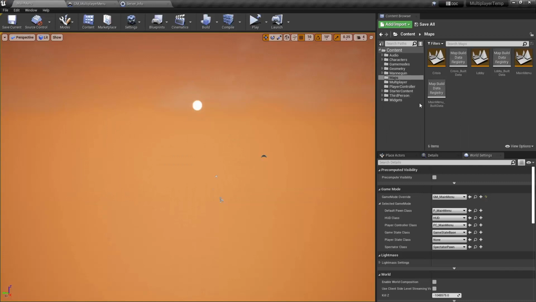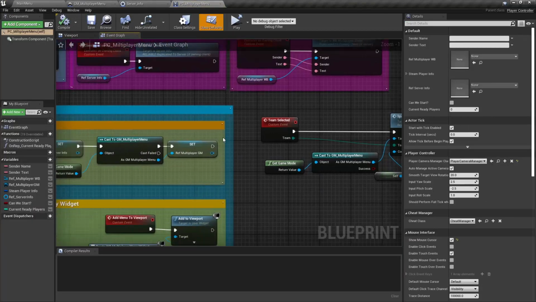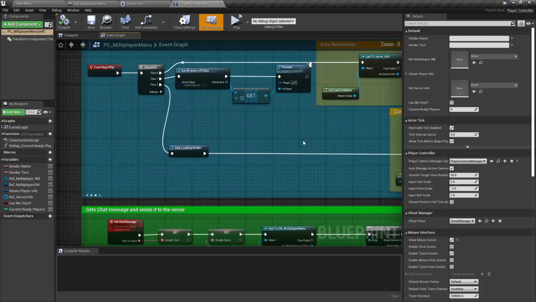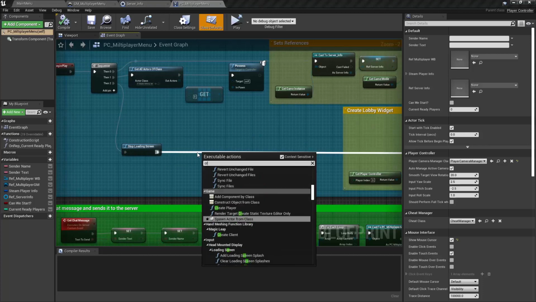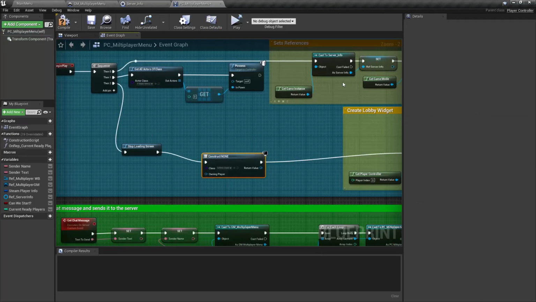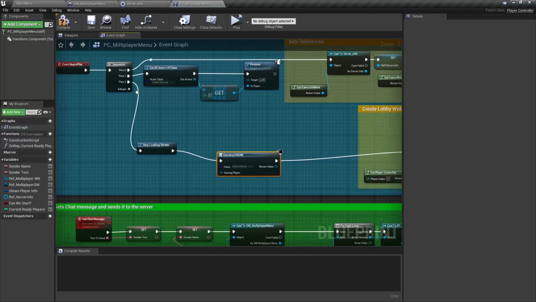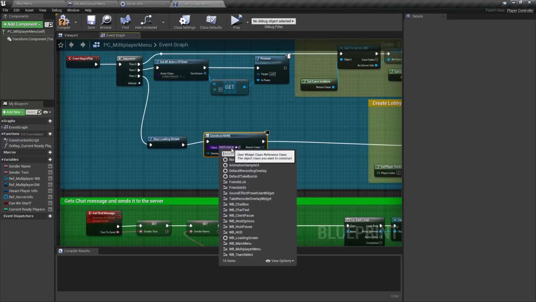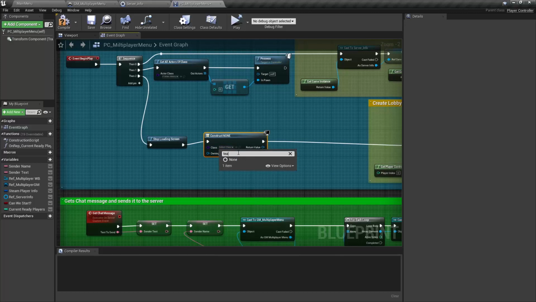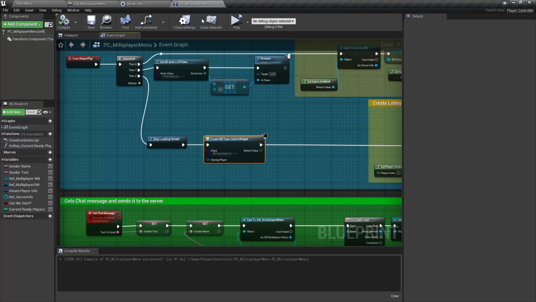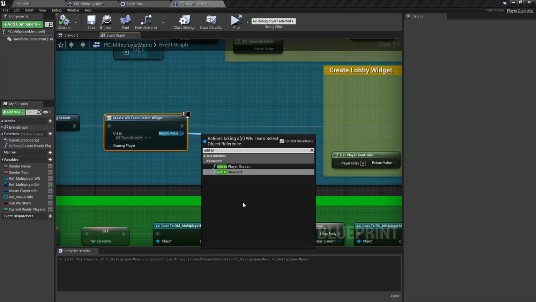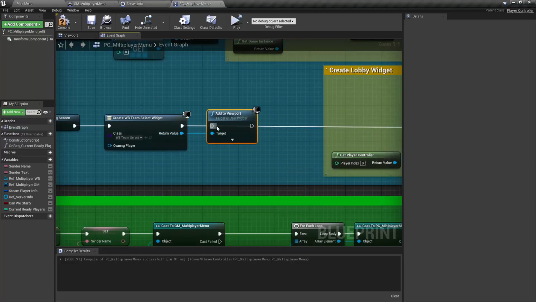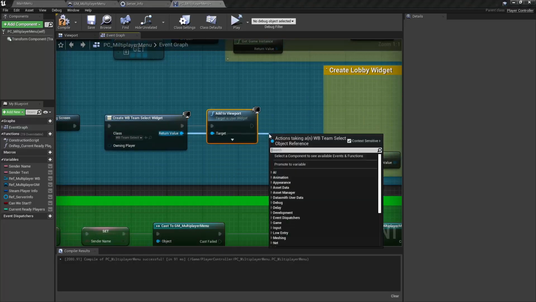So in our player controller for that level, we will go off of our event begin play, and we are going to want to create a widget. You probably will not have any of this extra stuff. That'll probably just be your begin play. So we are going to create the team select widget. The owning player is ourselves since we're in the player controller already. We will add this to our viewport,